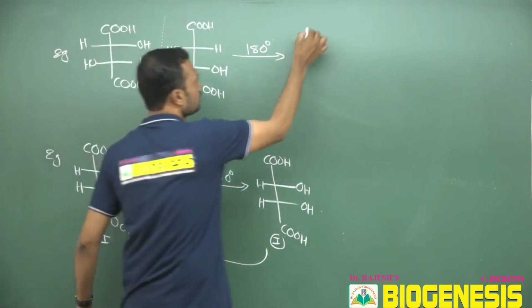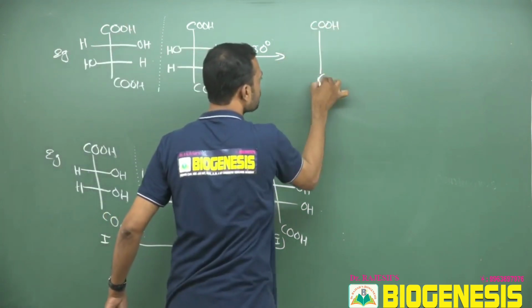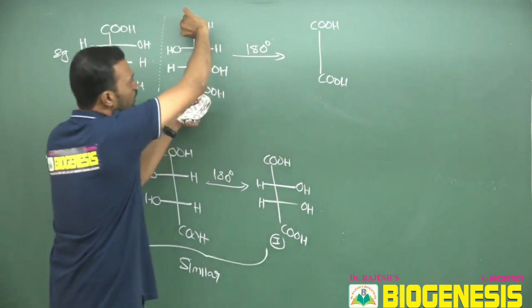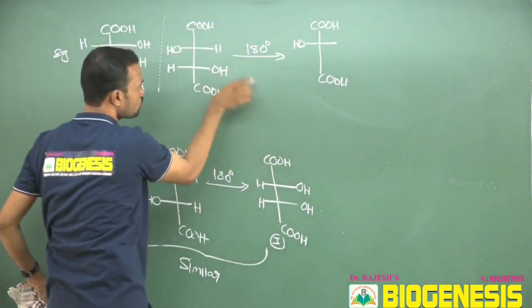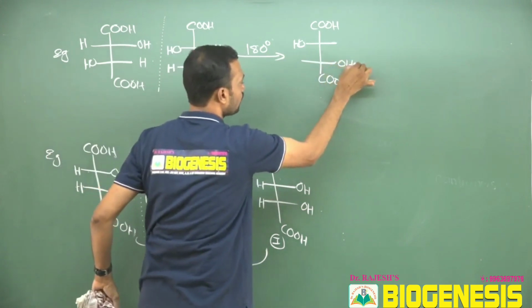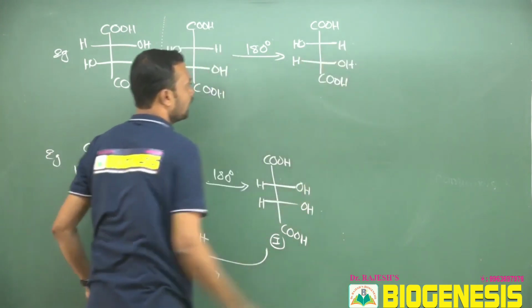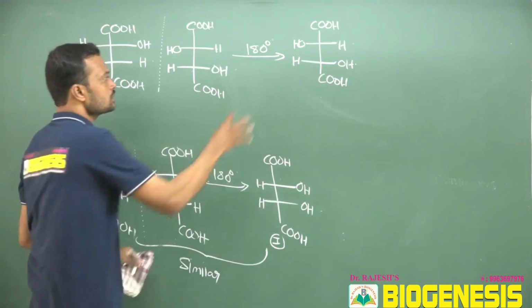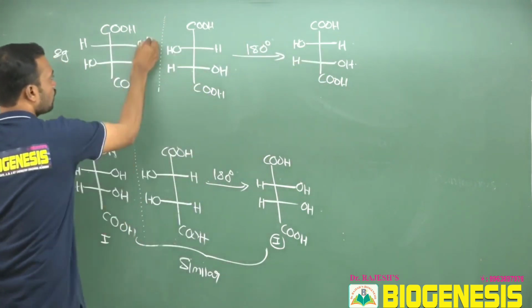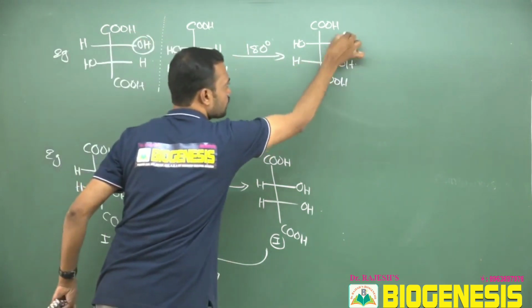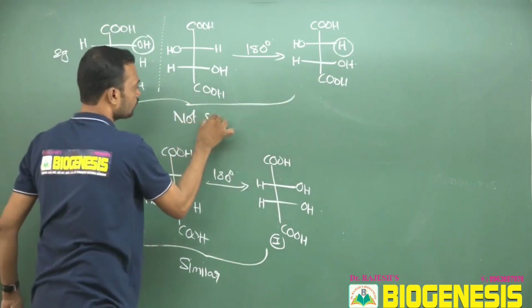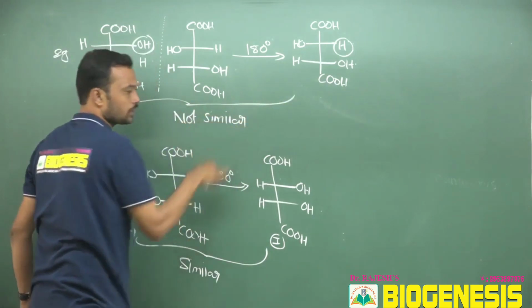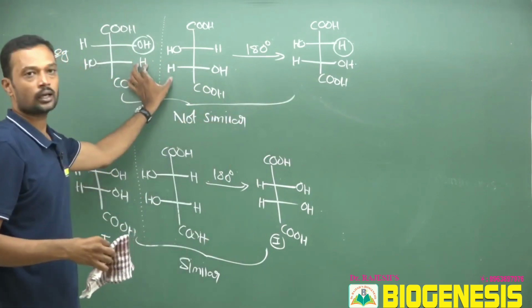If I rotate this image about 180, C double bond OH and this is COH. Rotate this molecule like this. Now this hydroxy goes to the left side. Now this goes exactly to the right side down. Hydroxy, hydrogen, and here hydrogen. Now what I am saying is, see this molecule as it is. Here the hydroxy group is on the right side but here hydrogen is on the right side. So we can say these two are not similar. They are completely not similar. If they are not similar, then these two are enantiomers.